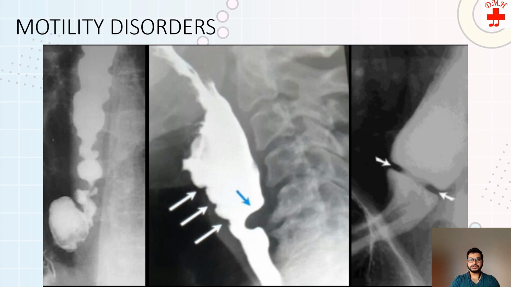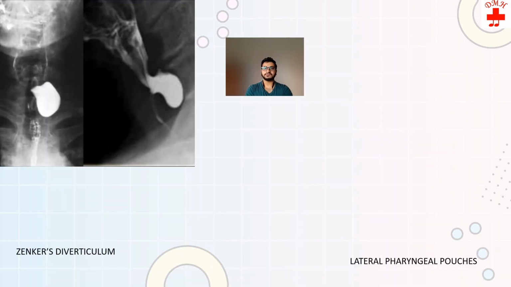The third image shows a Schatzki ring, which is a smooth circular membrane of mucosa and submucosa that forms at the squamo-columnar junction of the distal esophagus. And the other potential causes can be hiatus hernia, acid reflux, and these later lead to a condition called Barrett's esophagus. On the left hand side, we can see Zenker's diverticulum, which is a pulsion diverticulum, and it is